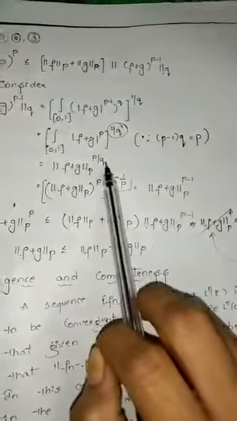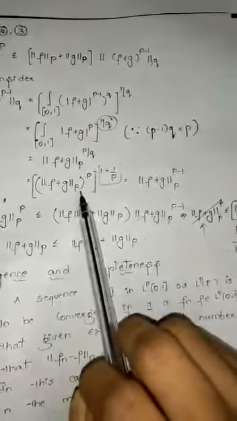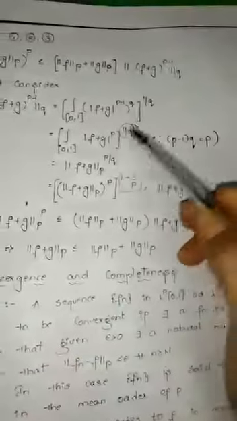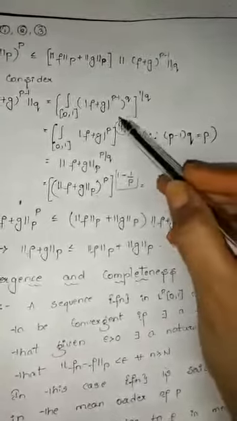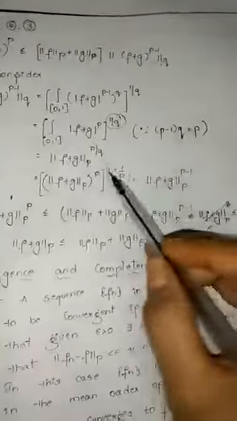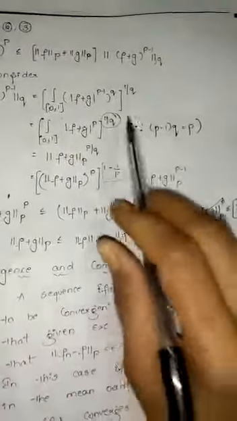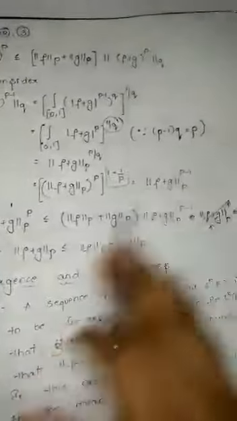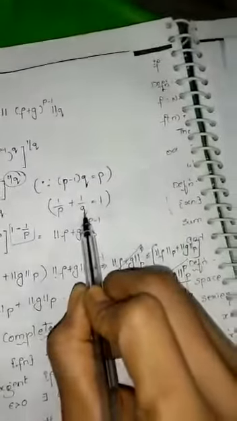You don't have to write this statement, girls. This step we have written, you can directly come down to this statement instead of writing it. Now if you carefully observe, this is 1 by q. So 1 by q is written as 1 minus 1 by p. Why is it that 1 by q is written as 1 minus 1 by p? Because we know that 1 by p plus 1 by q is equal to 1. So what is 1 by q, girls, from here? It is 1 minus 1 by p. So in place of 1 by q, we have written it as 1 minus 1 by p.